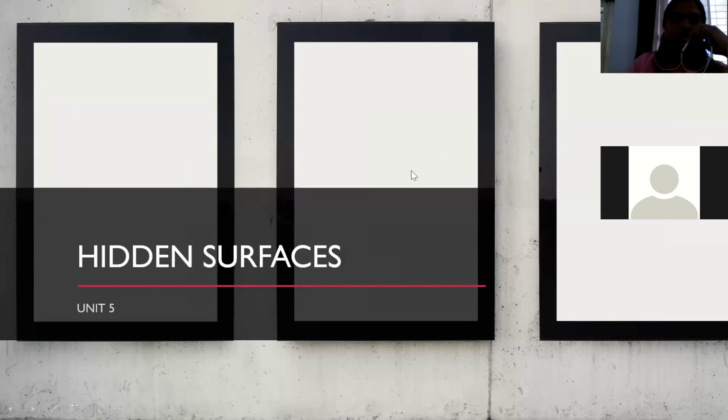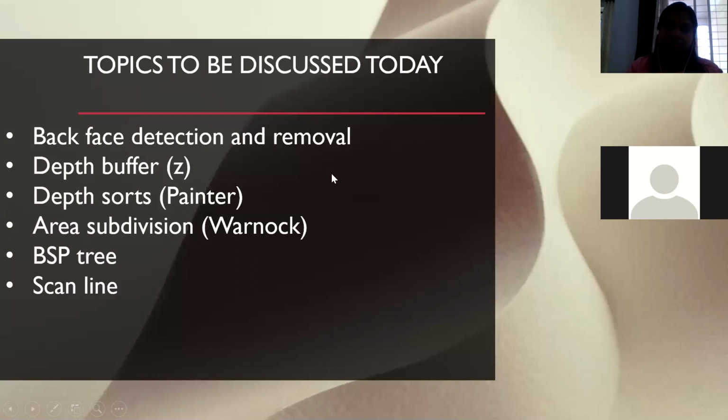Okay, fine. So coming to hidden surfaces, as the name says, in this particular session, we are going to find ways to find the hidden surfaces or the surfaces which are not visible to the user at the particular point of time, so that if you remove the hidden surfaces or the overlapping surfaces which are not directly visible to the user, you will get a realistic image. So that is the point in studying this particular set of algorithms which we are going to see today.